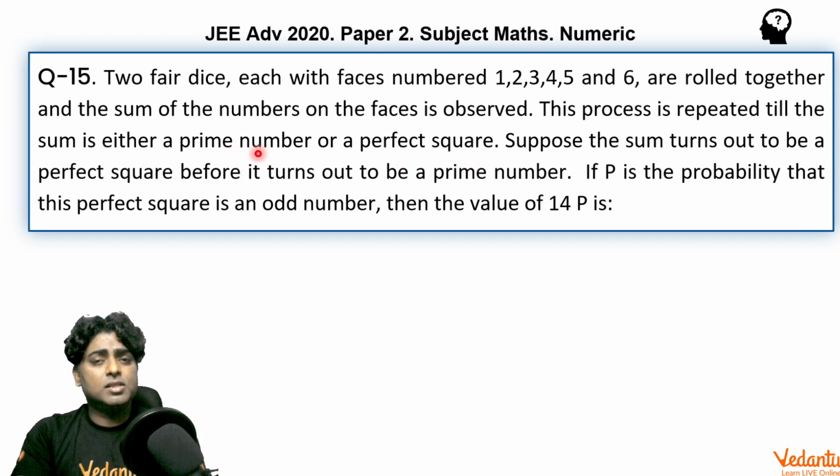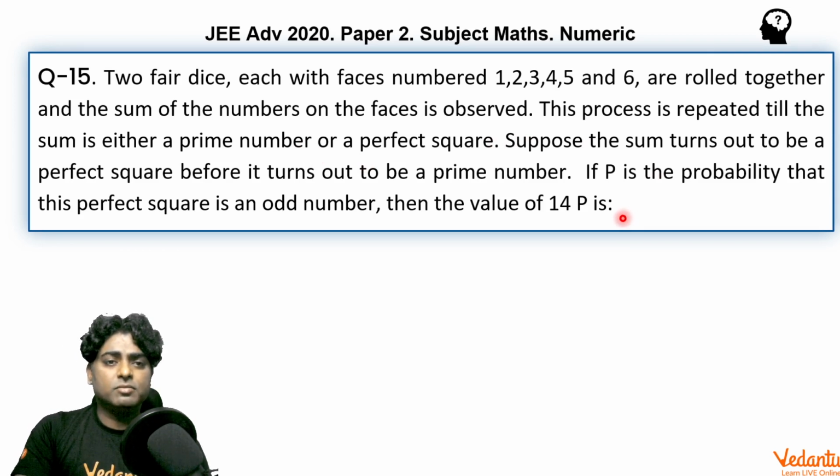So prime numbers in this category can be 2, 3, 5, 7 or 11. Perfect square can be 4 or 9, isn't it? It further says, suppose the sum turns out to be a perfect square before it turns out to be a prime number. Okay, it is also given. If capital P is the probability that this perfect square is an odd number, then the value of 14P is. Okay, before finding the entire process, let us define